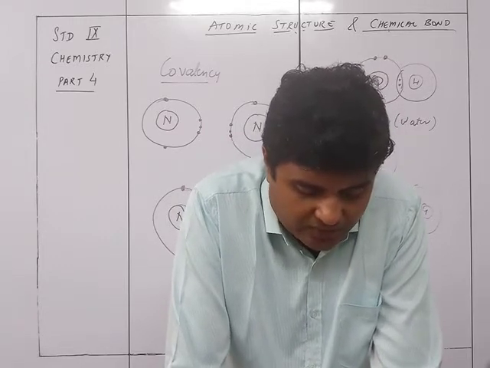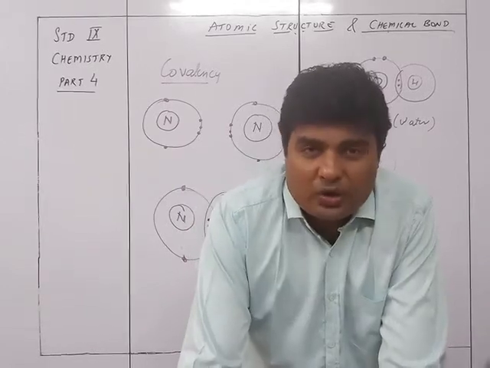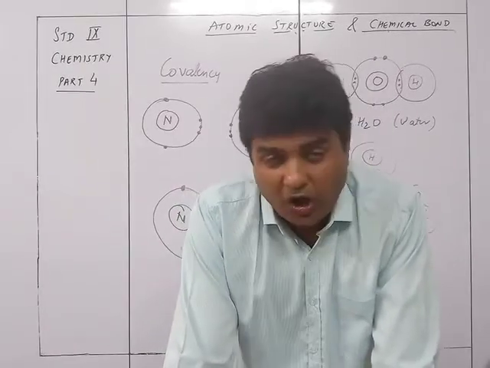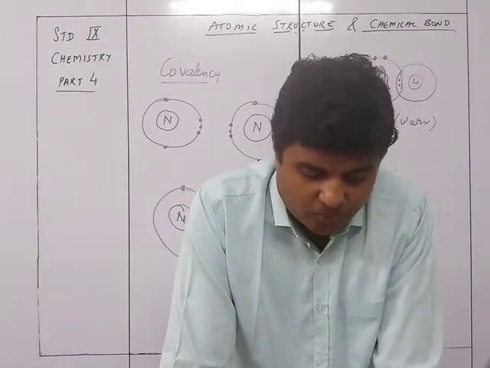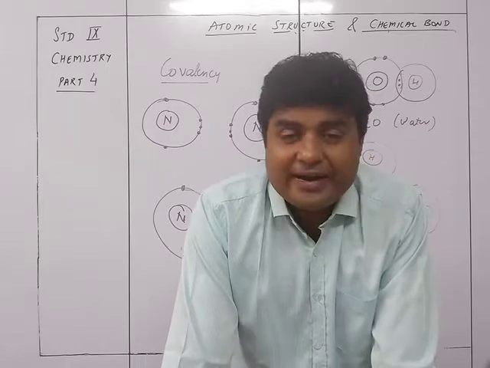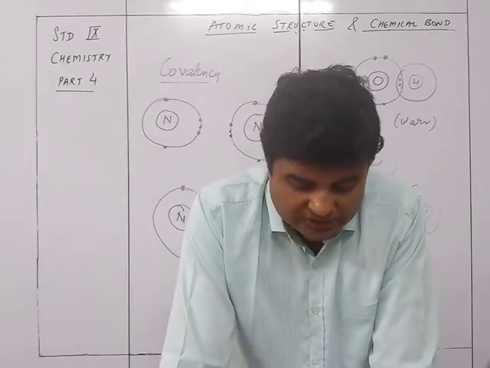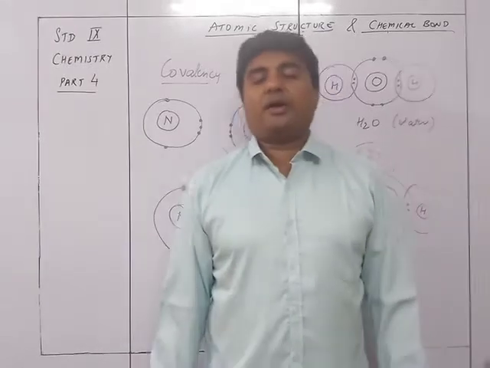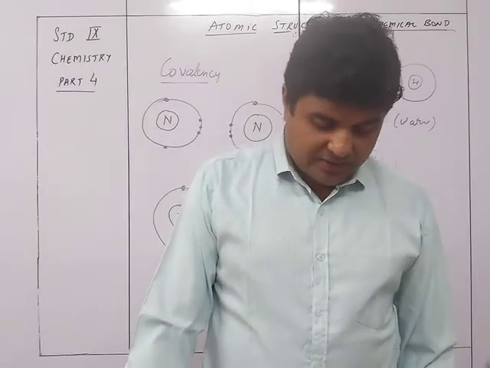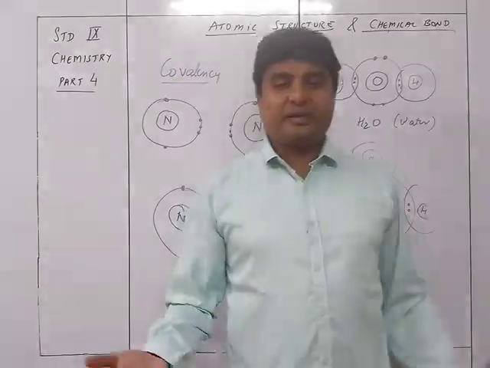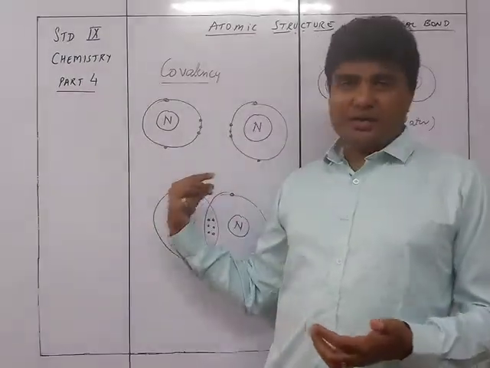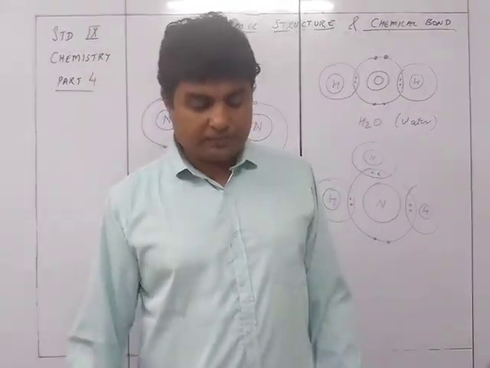For an atom to achieve stable electronic configuration, it must have 2 electrons in the first shell, like the noble gas helium, that is the duplet rule, or 8 electrons in the outermost shell, like that in the noble gases other than helium, that is the octet rule. Thus, chemical combination of atoms involves redistribution of electrons so as to leave each atom with a stable electronic configuration of octet or duplet. So that's what is given here. A metal loses electrons to a non-metal and they combine together to form an electrovalent compound. A non-metal sharing with another non-metal gives rise to a covalent compound.